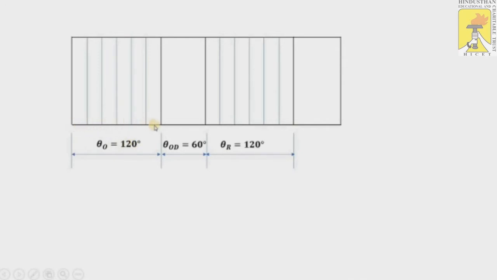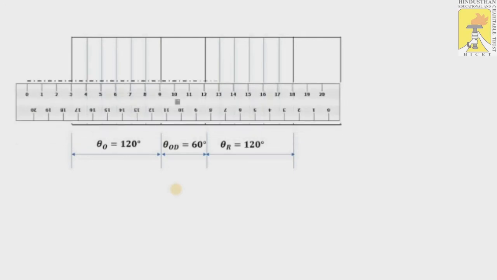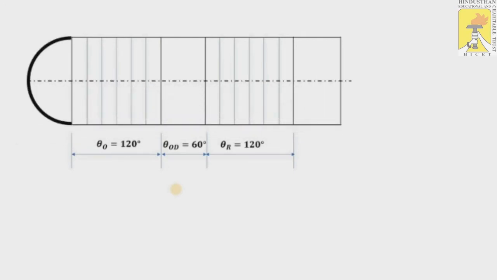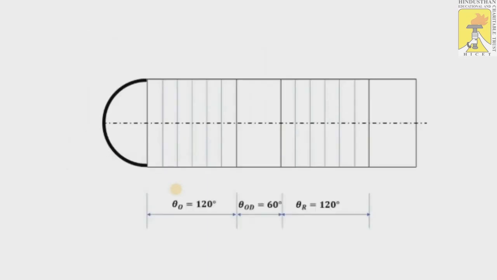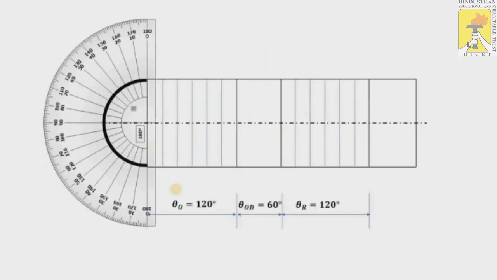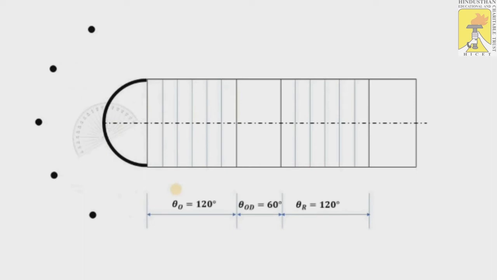Mark the center line in it. So dwell is equal to 60 and return is equal to 120, mark it, and the remaining dwell we can leave, and mark the center line in it. Make a semicircle on the left hand side of the 3 centimeter vertical line, mark the midpoint as simple harmonic motion. Divide the semicircle into 6 equal divisions.